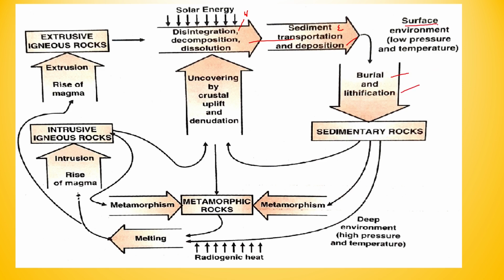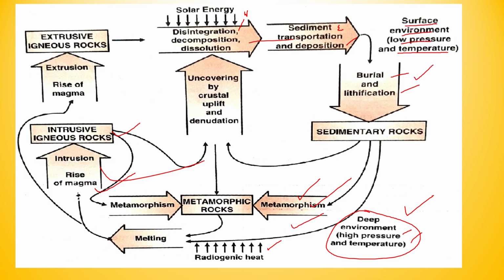Now here you have to remember surface environment, that is pressure is low and temperature is also lower. So there it will not turn into other rocks like metamorphic or igneous. For igneous and metamorphic we need this particular environment, that is high pressure and temperature. High pressure and temperature within the earth crust, whereas this one sedimentary rock, that is above the earth crust. Within the crust, this intrusive is forming, or melting of magma is there, or metamorphic is there. But for sedimentary rocks it is the surface environment, and from that we are getting lithification of sedimentary